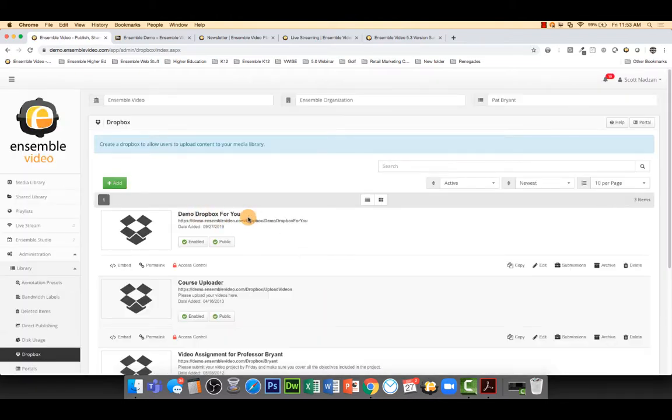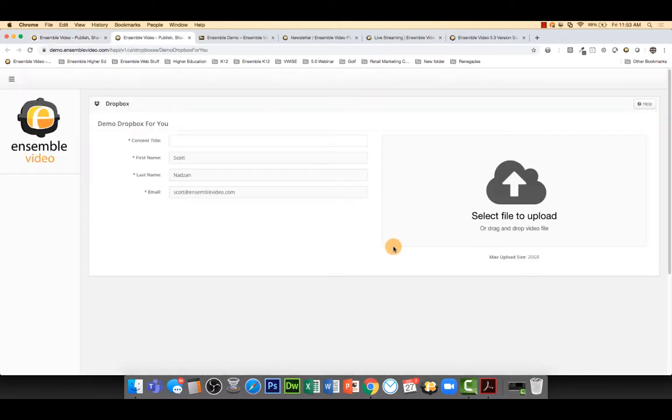And now you're going to see I have a demo Dropbox for you. Just to take a quick preview of it, you can obviously click on this URL here, and you can see the Dropbox. So it's pretty straightforward. Now the uploader has changed. The interface has changed slightly. We think it's gotten easier, but I can just say hello